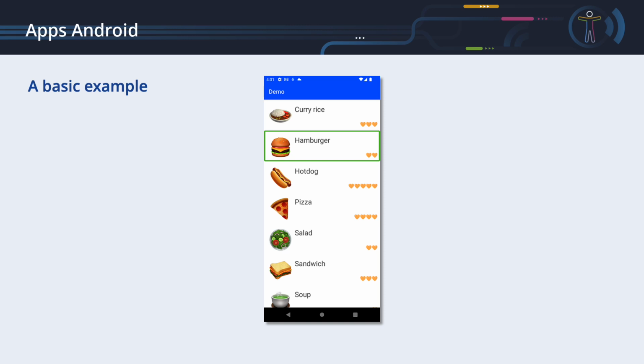Tap to activate. The number of hearts indicates how much we like a recipe, but TalkBack does not present its meaning. TalkBack does not detect the image. We do not like the order in which TalkBack speaks these elements. We would like the title to be spoken first, then the image description, and finally the evaluation indicator.